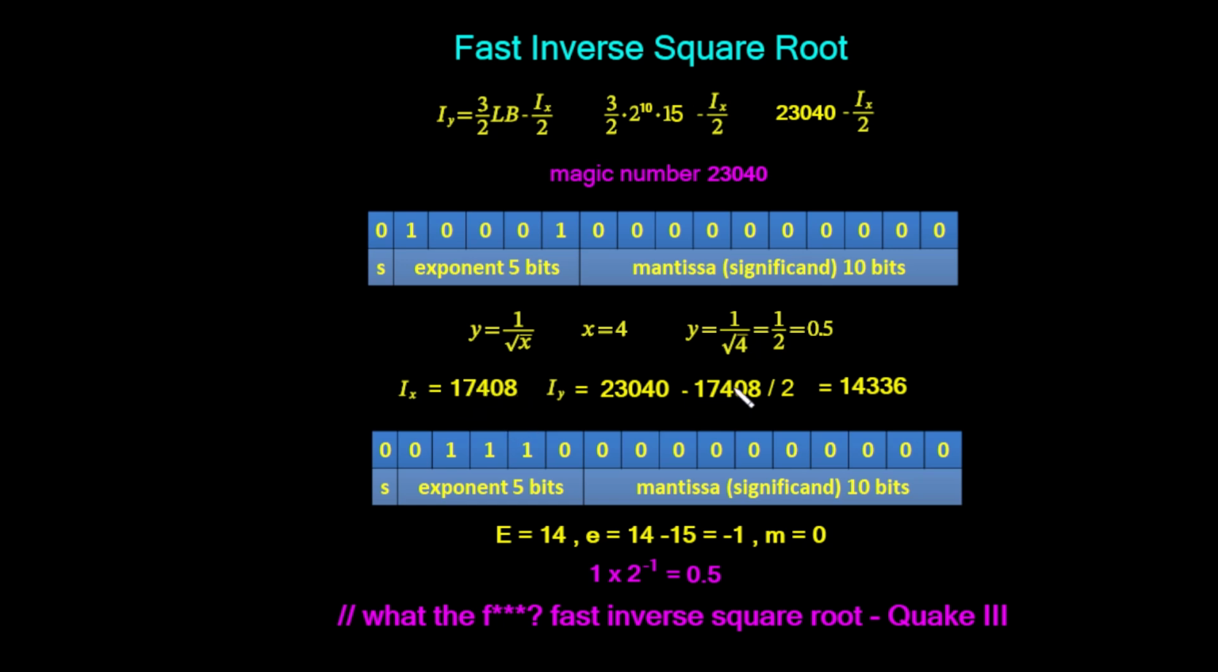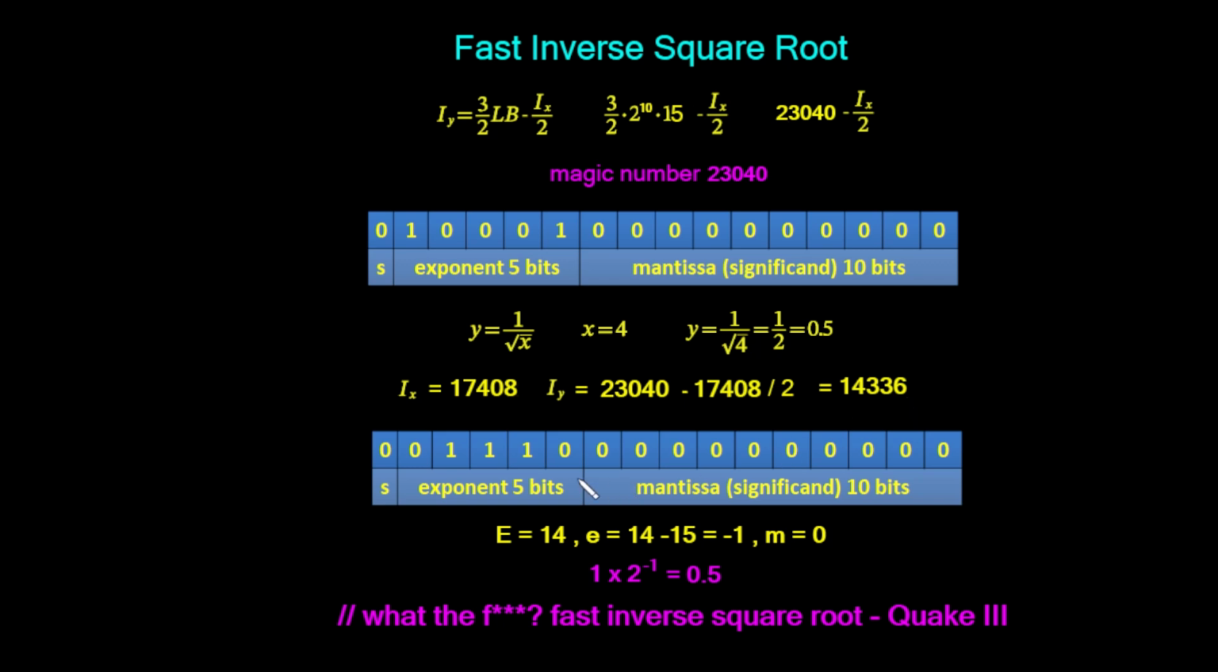So we take this, divide this by 2, take it away from 23040, and we get this number here. So this is the final output. This number here should actually be related to 0.5. So we take this number and convert it back into our binary representation. We get our 16-bit binary representation of this number, and we've got it written here. This is just the 16-bit binary representation of the integer number